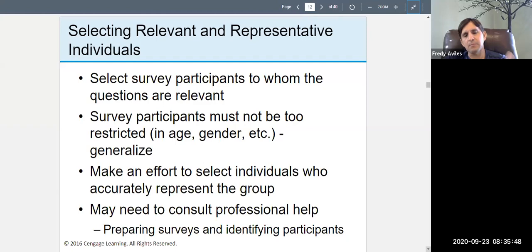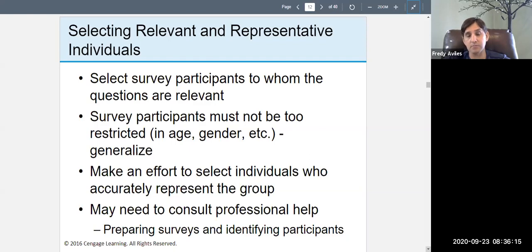You don't want to be too restricted, but for the most part, like I told you guys, you're going to use a convenient sample. So most of your participants are going to be around your age, and somewhat like you. So you're going to violate some of these, but it's okay. You're not doing something that you're going to try to publish, but ideally you don't want this sample to be too restricted. Make an effort to select individuals who accurately represent the group,